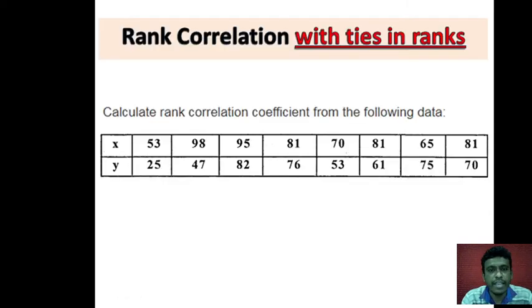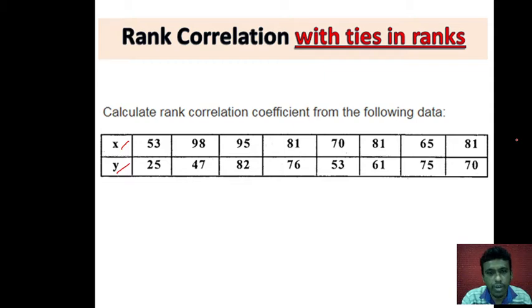The problem goes like this. This is what we are learning here, coefficient of correlation with ties. In this problem, similar to the previous one, direct values are given. There are two sets of values given to us, x and y, just like in the previous problem. But the problem here is when you are assigning ranks, you have ties. Let us try to assign ranks and see where the ties exist.